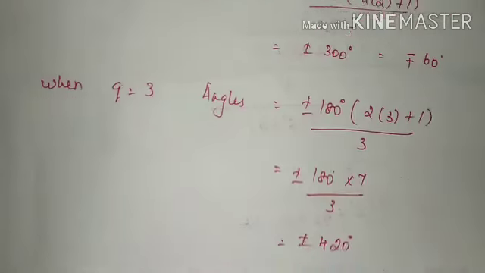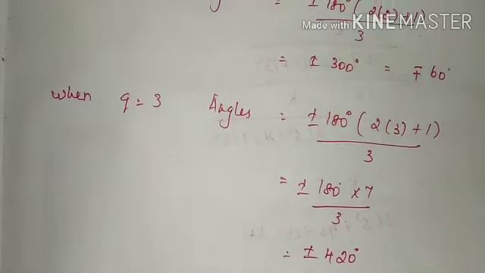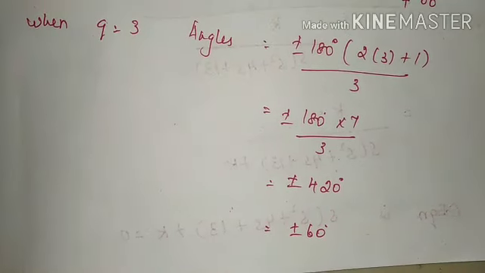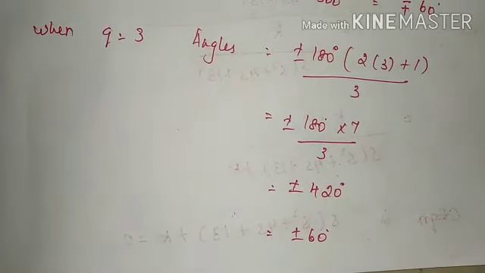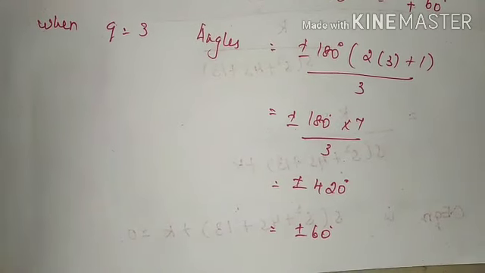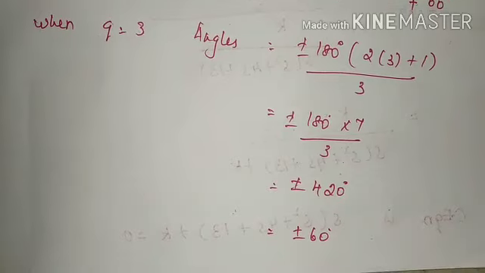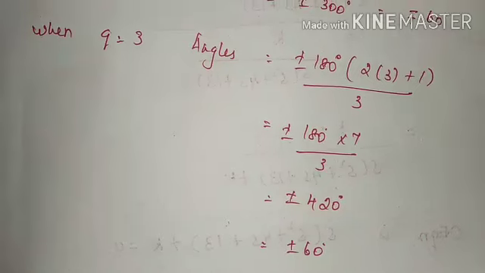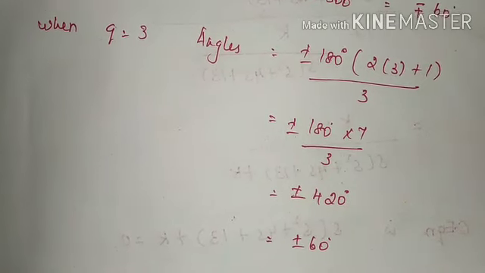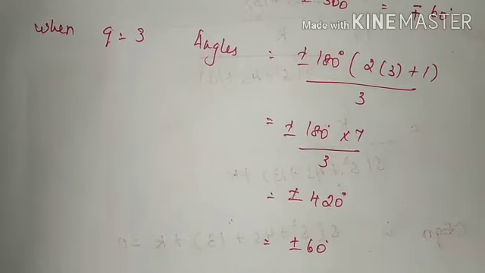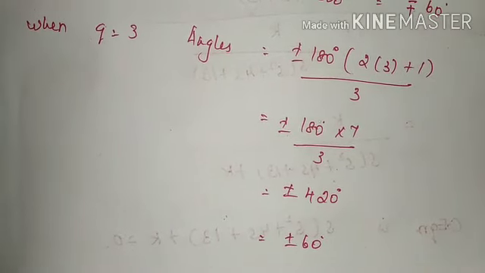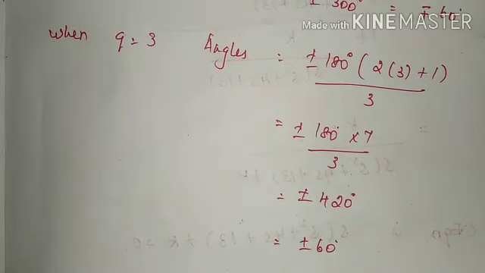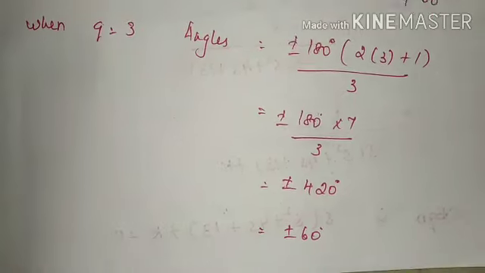When q is equal to 3, the angles will be plus or minus 180 degree of 2 into 3 plus 1. So 7. So 180 degree into 7 by 3 will give us the value of plus or minus 420. While comparing this value with the 360 degree, we get the value as plus or minus 60 degree. It is a repetition of the first 2 angles, right? So only I told that for the angle of asymptotes it is enough to calculate the first 2 values. The remaining angles are the repetition of our previous angles.